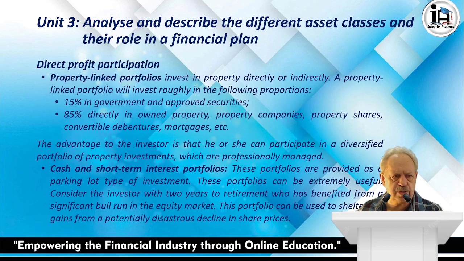If we look at the property-linked portfolios, they invest in property directly or indirectly. A property-linked portfolio will invest roughly in the following proportions: 15% in government and approved securities, and 85% directly in owned property, property companies, property shares, or convertible debentures, mortgages, etc. The advantage to the investor is that he or she can participate in a diversified portfolio of property investments